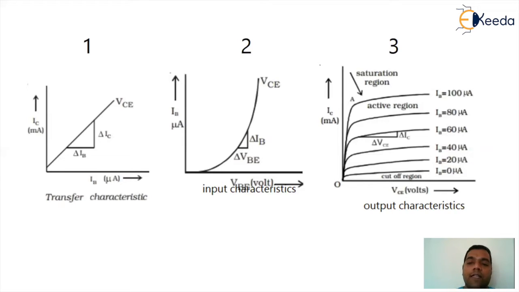So observation says that whenever the value of VCE increases, the IC will increase. After a particular value of VCE, the graph almost becomes constant. So till the time you find that the value of IB is rising, the IC value will also keep on rising, because it is supporting the relation IC is equal to beta times IB. So this is the small understanding regarding the transfer characteristics, input characteristics, and the output characteristics.